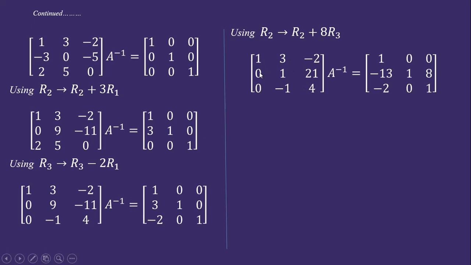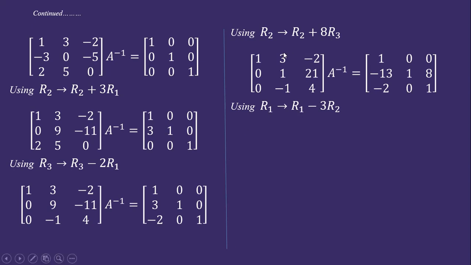First make 0 here, then make 1 here, then 0 here, 0 here. Then this middle element 1, then using that element we can make these two 0. Then this element 1, then using that element we can make 0 here and here. Okay. So if we follow this procedure, it is very easy. Only it is multiplication and addition, these things we have to do.